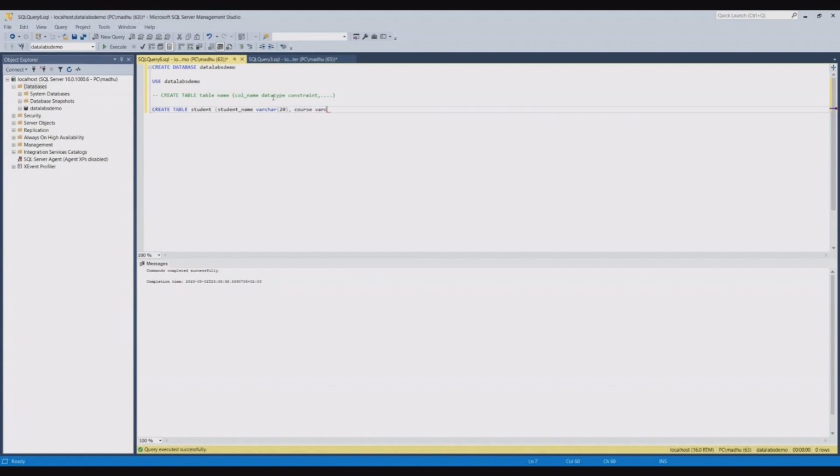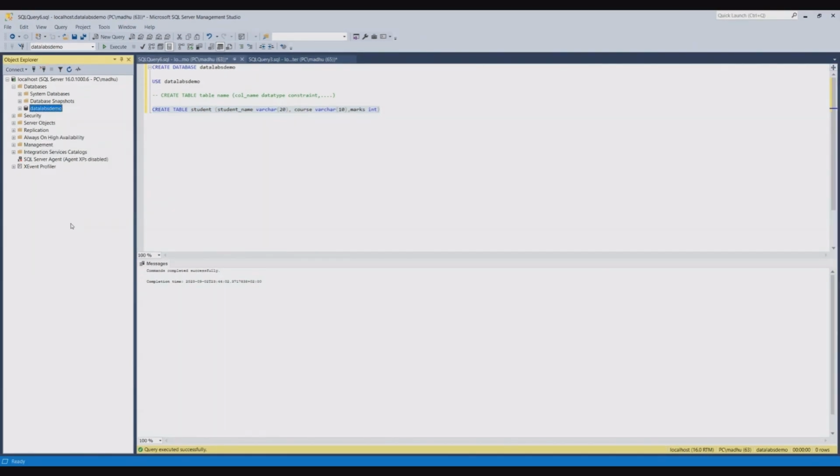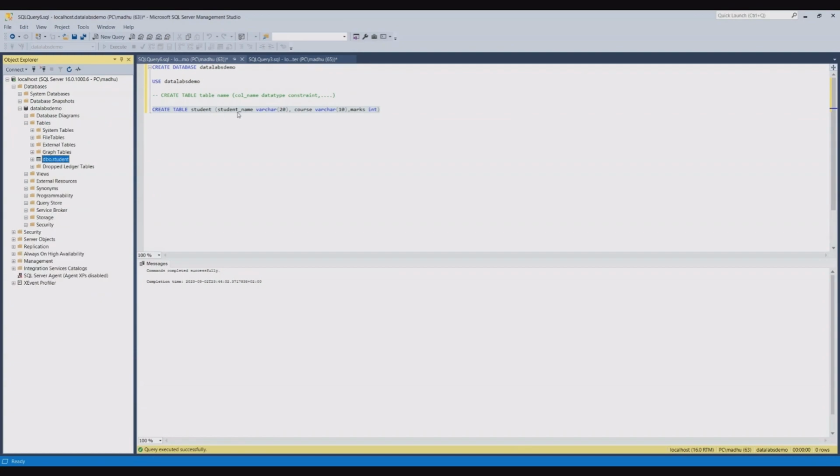Second column is course, again varchar size 10. Third column would be marks, which would be integer. Now I select this query, I execute it, the command completed successfully. Now if I go into this data labs demo, I refresh it, in the tables I can find this new